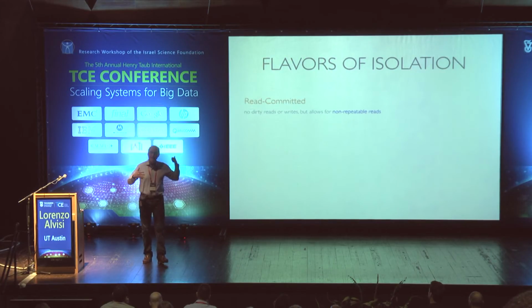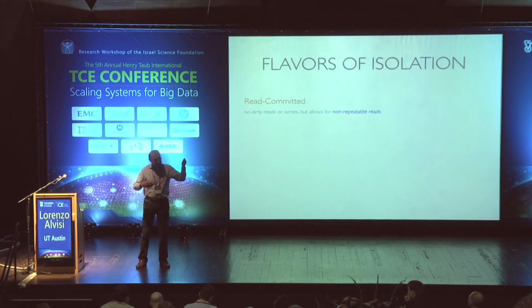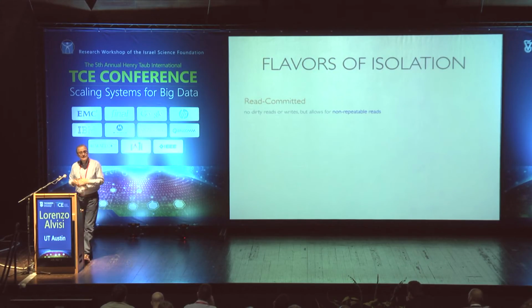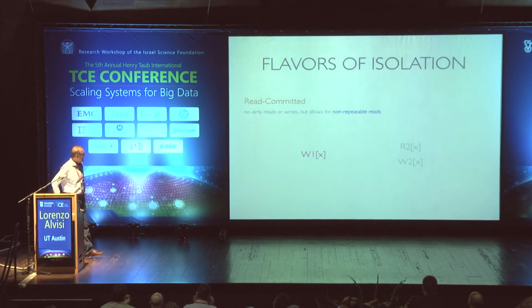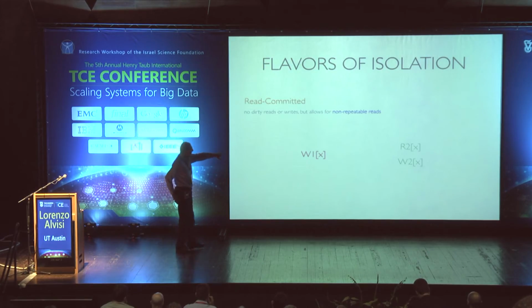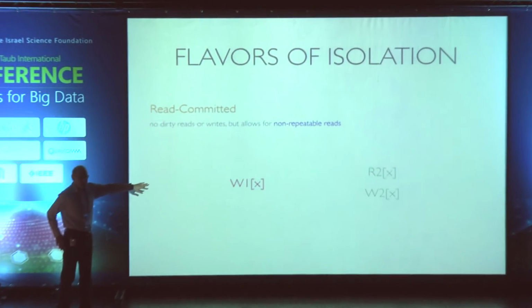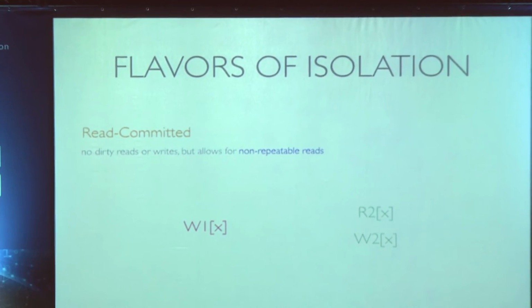Namely, what may happen with read committed is the following anomaly. While I'm executing a transaction, I may read the value of x at some point and get some value. And then during the same transaction, I read the value of x again and I may get a different value. That's typically surprising. It certainly shouldn't happen with serializability. Read committed allows it. So if I try to express what property read committed provides, it's a property that says that if there is some transaction that performs an update, say on variable x, and there is another transaction that performs some operation that conflicts with that update, then